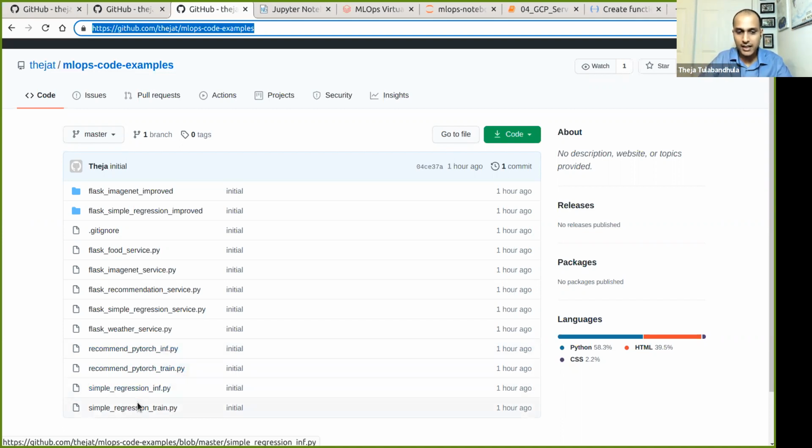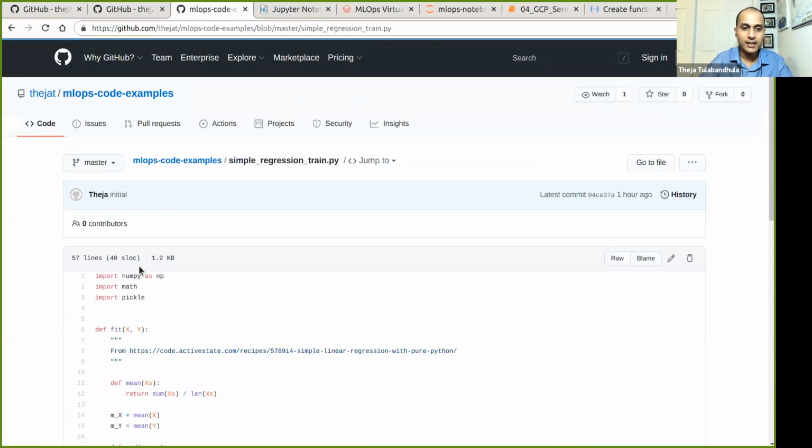And similarly, I actually have a couple of new files which do the same for just simple regression. This is just for illustration. You don't have to pick simple regression, but it keeps everything pretty clean for us. So there are two files, and then there's a Flask file as well for regression. We'll look at it in a second. So let's look at train.